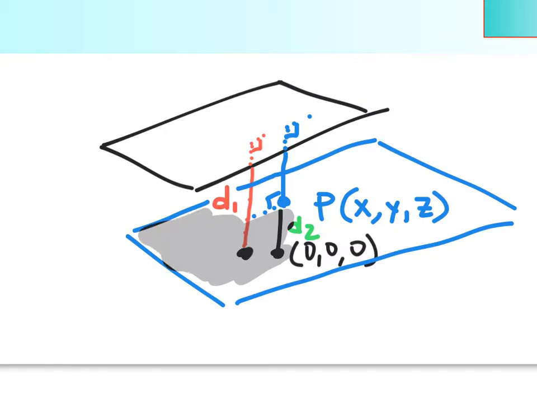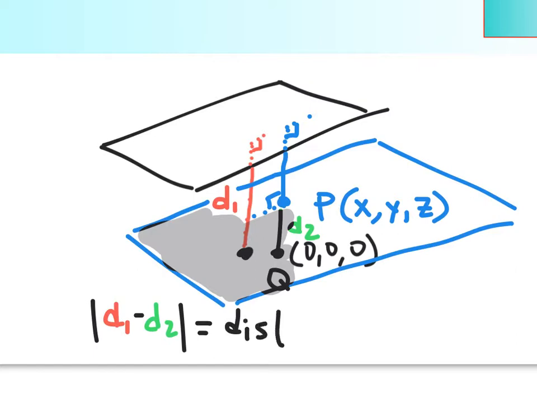That makes more sense. Okay, so those points are beneath this plane. Right? Point P is on the plane. The origin and this other point, we could call it Q, right below the plane. What we can do here is take distance 1 and subtract distance 2, and then take the absolute value of that, and that would be the distance from the plane,